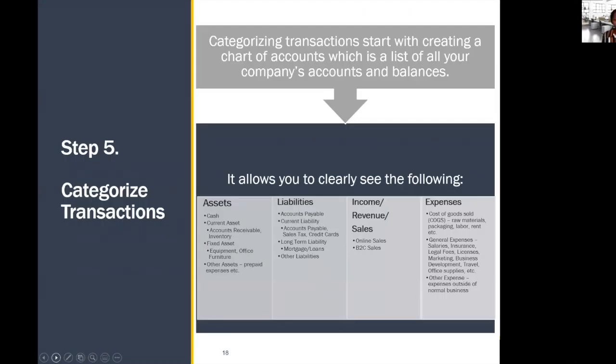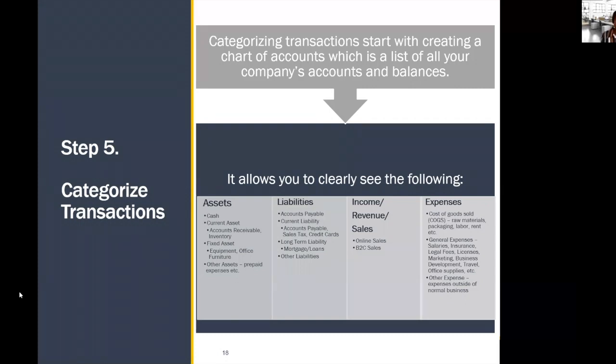So step 5, we talked about categorizing transactions. This is a big one. Categorizing your transactions starts with your chart of accounts. And I say this is a big one because this is typically where I spend a lot of time when I am working with entrepreneurs on making sure that their chart of accounts is thorough and accurate, and